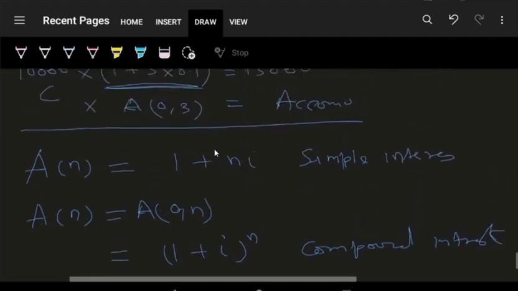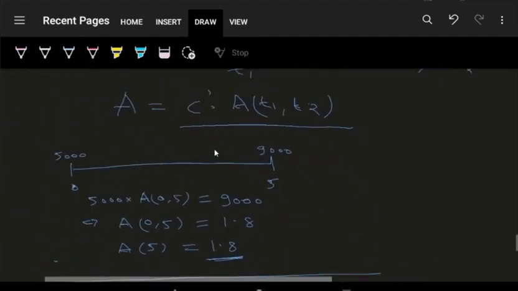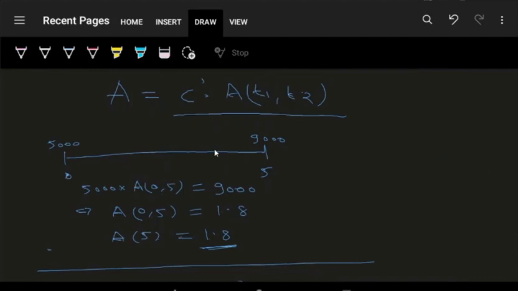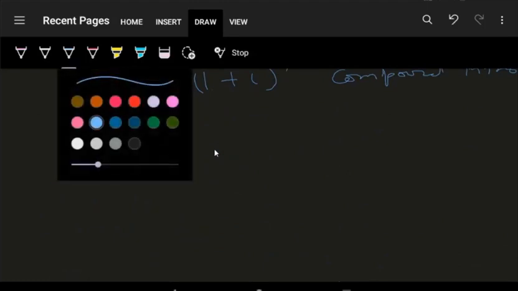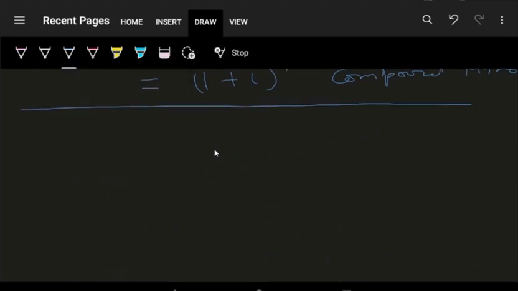Now, the example we just saw, we calculated that the factor 1.8 is for 5 years. Now suppose we want to calculate the per annum interest rate in both the cases, simple and compound cases. First we assume that the interest rate is simple, so we'll calculate the interest rate per annum as follows. So to calculate the yearly rate, case 1, we assume here simple interest setting.